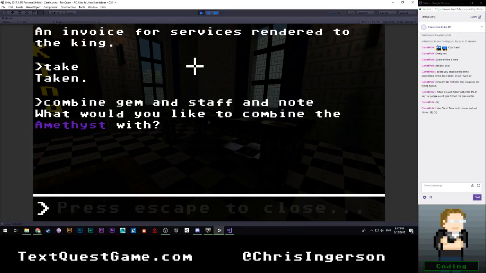Because what logically should happen here is it should try to combine the gem, staff, and note together into one item. But what the parser interprets this as is combine gem, hard stop, combine staff, hard stop, combine note, hard stop. But what we probably would want to do is